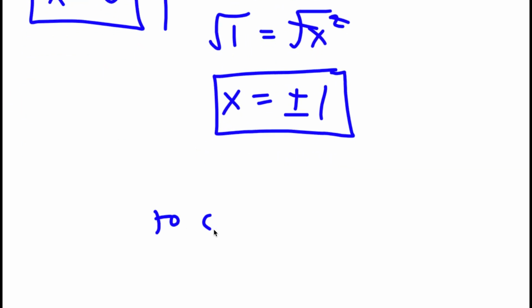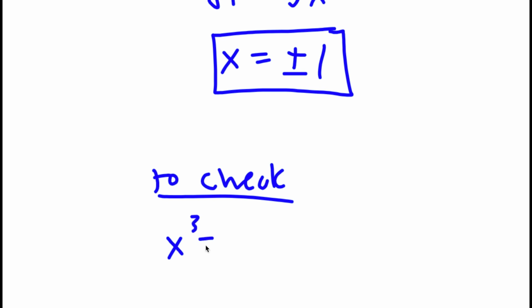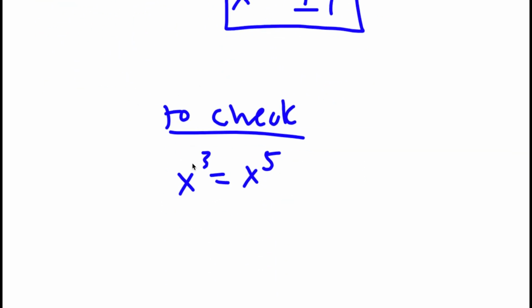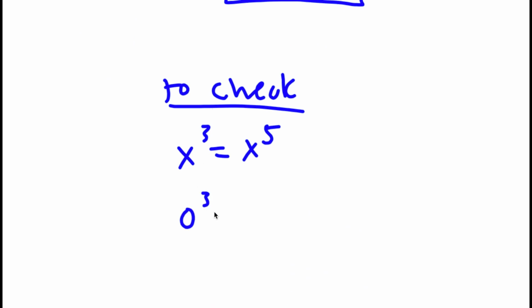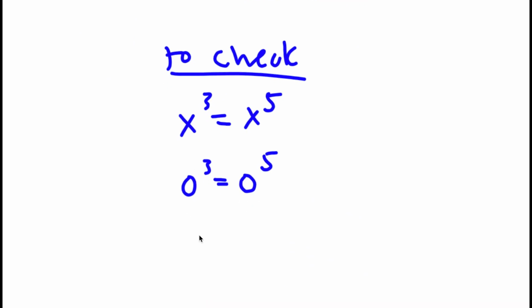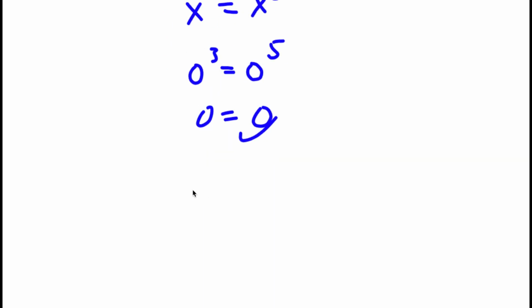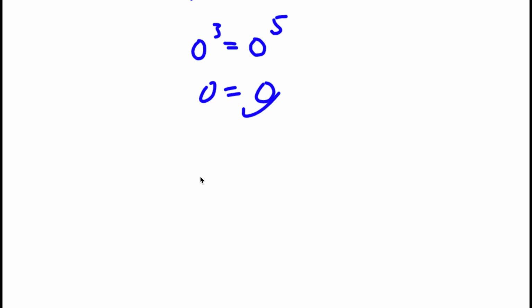So now to check, I have x to the power of 3 is equal to x to the power of 5. So first off, let's check 0. If x equals 0, I have 0 to the power of 3 is equal to 0 to the power of 5. 0 to the power of 3 is 0, 0 to the power of 5 is 0, so this is right. So now if x equals 1, I have 1 to the power of 3 is equal to 1 to the power of 5. 1 to the power of 3 is 1, 1 to the power of 5 is 1,